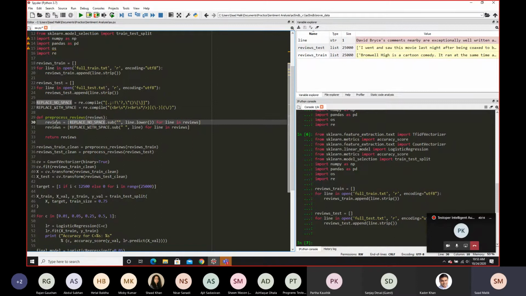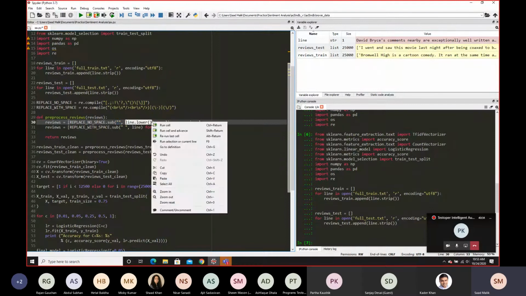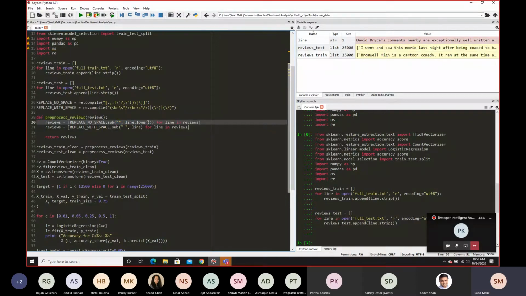So what are we doing over here? We take this compiled regex expression and we make sure that we're replacing everything that's mentioned here without a space, right? So it's replacing it with nothing essentially. And at the same time, it's also lowering the text, which means everything is now going to be lowercase.